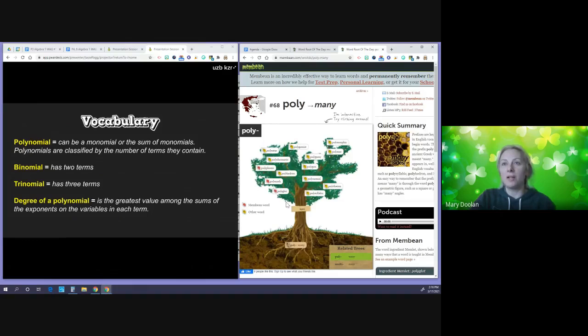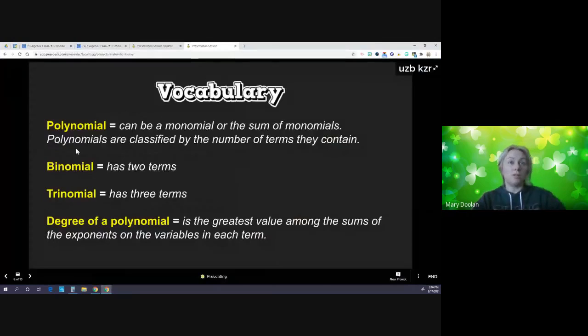So words that have poly in it: polyhedron, polyester, polygamy, polygon, polynomial, there's our word, polytheism. There are different words that start with poly, and all these things have in common that we're talking about many. So a polynomial